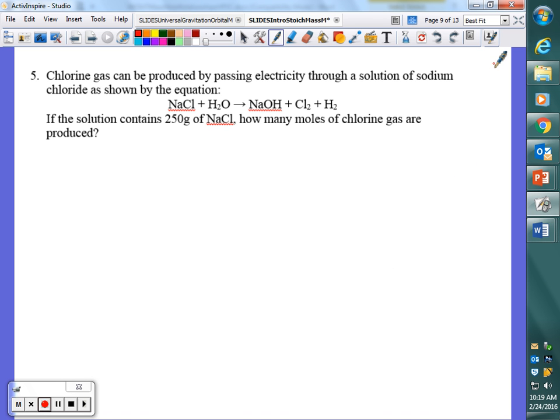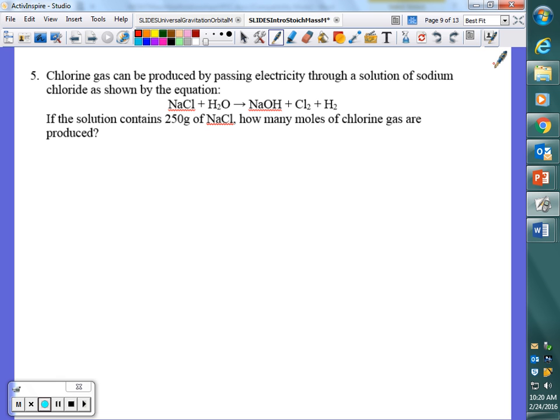Number 5 at the bottom of mass mole relationships says chlorine gas. Chlorine gas can be produced by passing electricity through a solution of sodium chloride as shown by the equation. There it is. It says if the solution contains 250 grams of sodium chloride, how many moles of chlorine gas